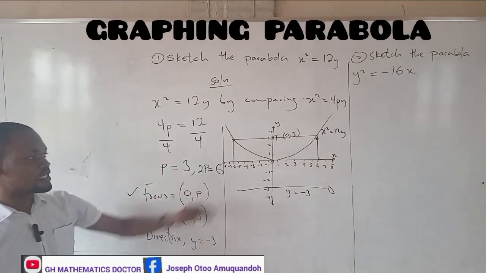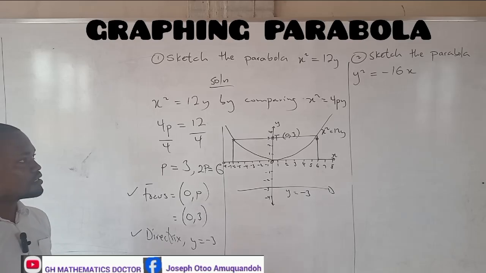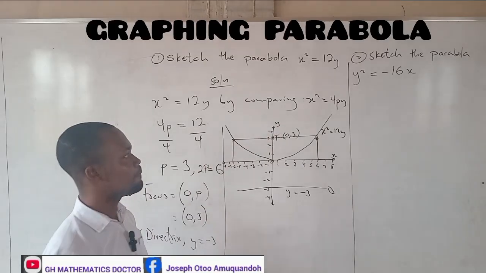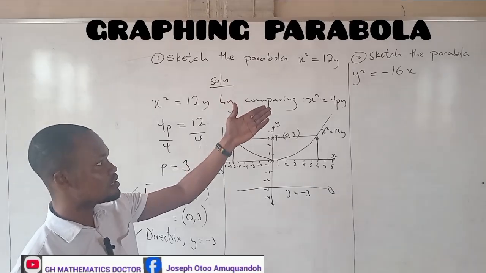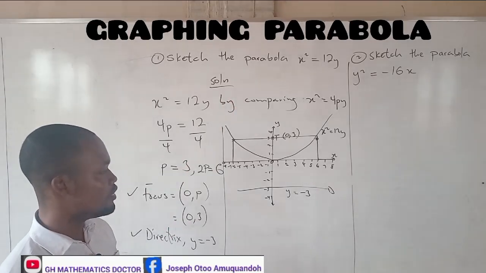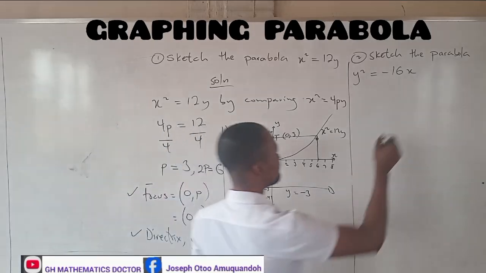Let's give you the complete sketch of the parabola. It's not difficult at all. Let's look at the final example. We should sketch this parabola, y squared equal to negative 16x. What you need to do is to find your p. So by comparing,